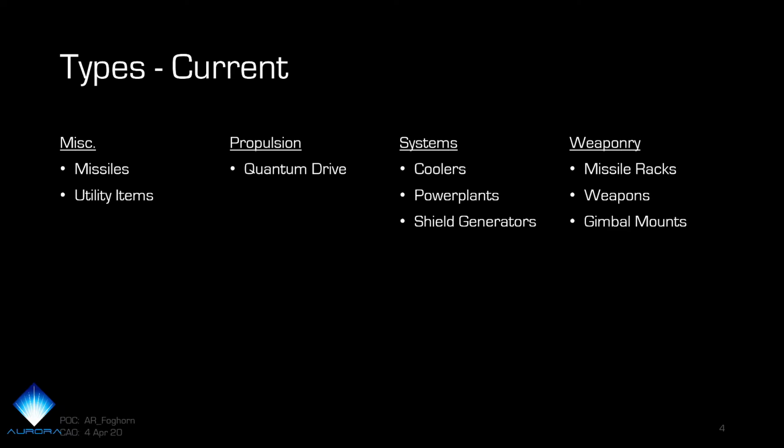And then the utility items, such as right now mining heads. So mining heads live under miscellaneous as well for swapping those out on a ship. Then propulsion is specifically and only quantum drives. In the future, if we are able to start swapping out thruster systems, such as your main thruster engines or the MAVs, the maneuvering thrusters, then I imagine that particular tab will fill out with additional